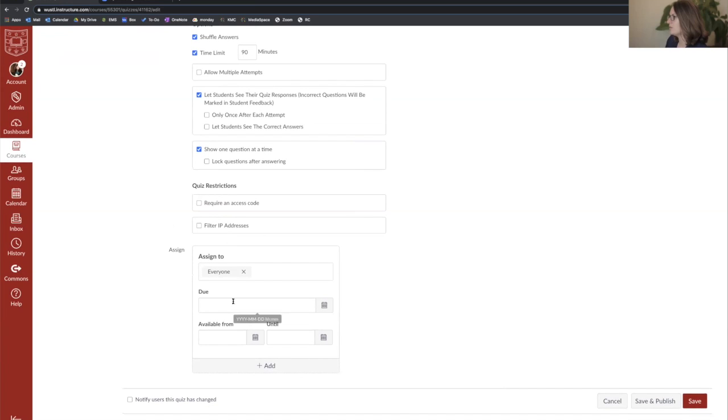Then down below, you should hopefully all be familiar with this, but this is where you set the due date on your exam. And I want to make sure that you are also setting these 2 dates here, the available from and until dates. The available from is going to restrict your students from taking this exam or even accessing the item until this date has come. And then the until date is going to keep students from submitting it. So quick distinction here, the due date still allows students to submit. It will just mark their submissions as late, even if it's past the due date. Until does not let them submit at all.